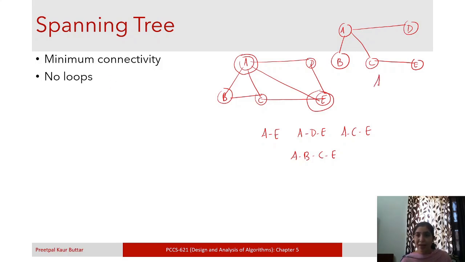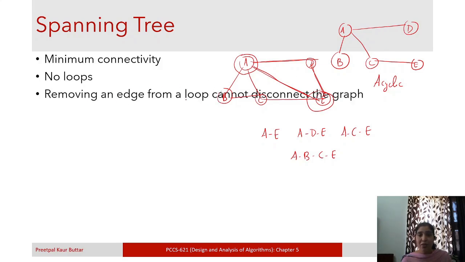This is acyclic, right? There are no loops. If we go from A to D, there is no loop. This is a loop: A to D, D to E, and again E to A. Okay, but there are cycles. But in this minimally connected graph, there are no cycles.